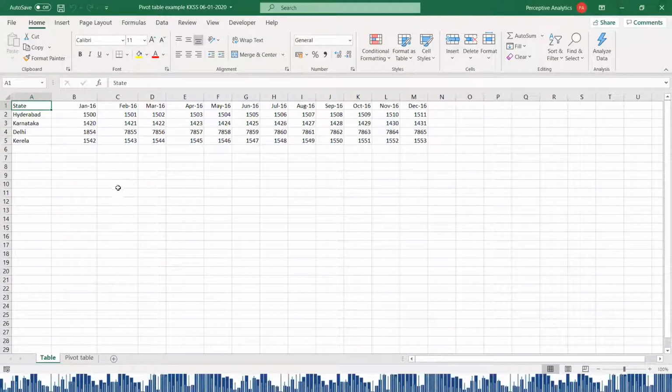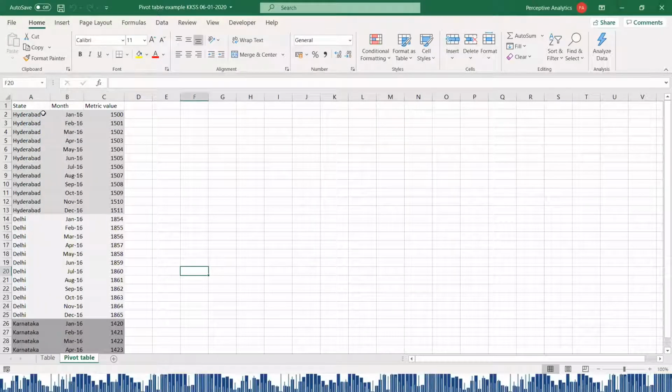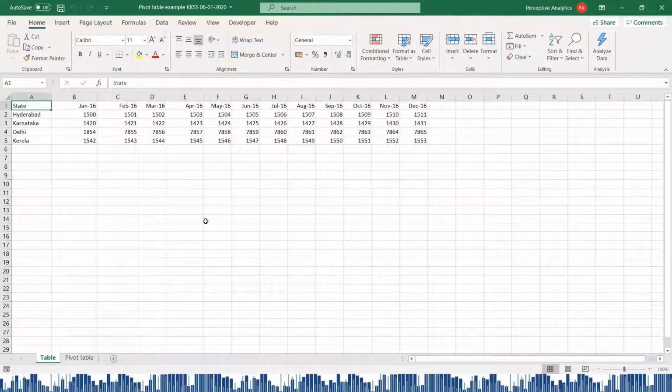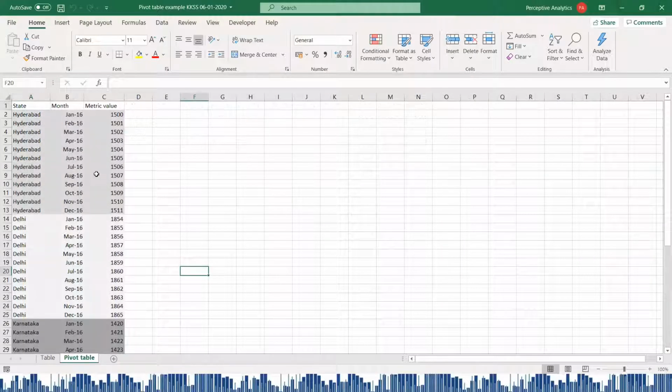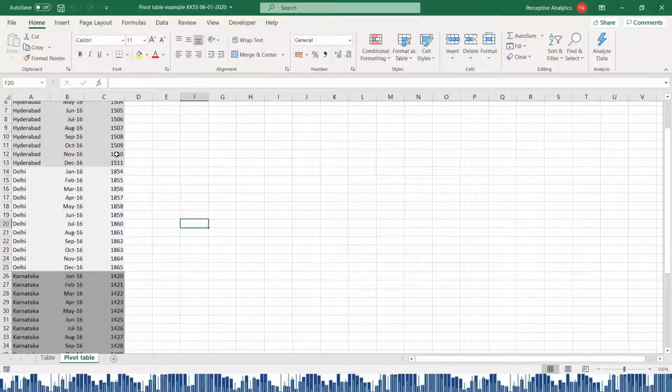In order to modify the structure, we will go for the pivot feature. Here in this feature, if you see the table now, earlier you had 13 fields and now it's just 3: one for state, month, and metric value. So with this data we can do a lot. If you'd like to filter only particular months, you can directly pull this month field into the filter pane and filter. And also assume a case where you would like to view only values greater than 2000.